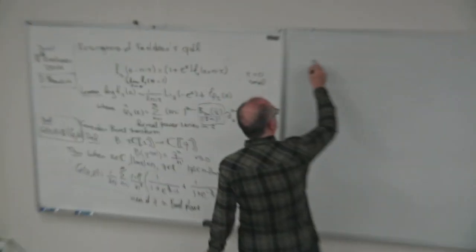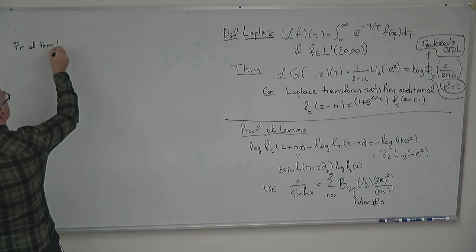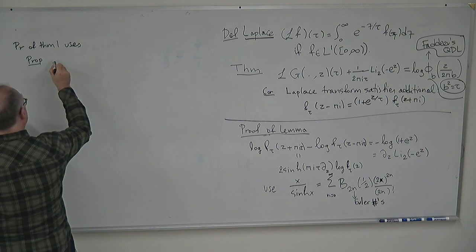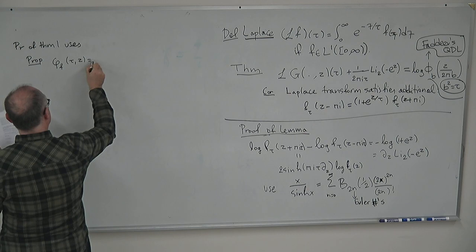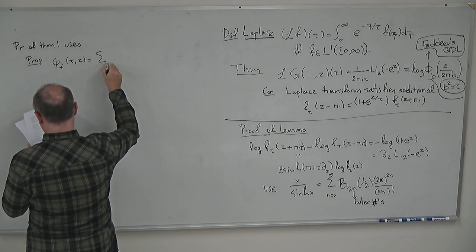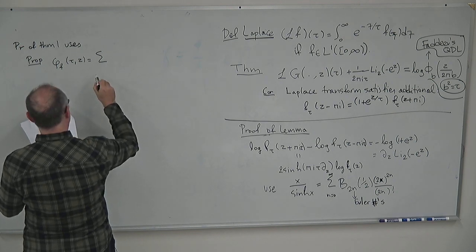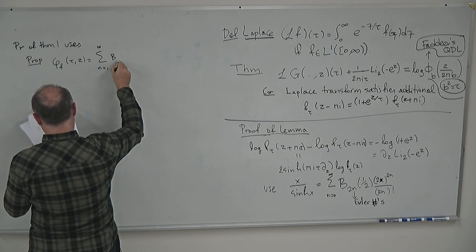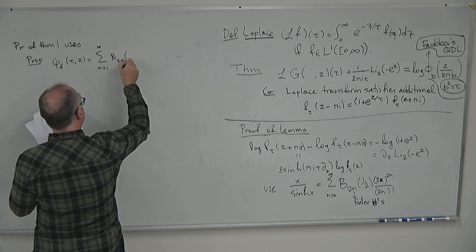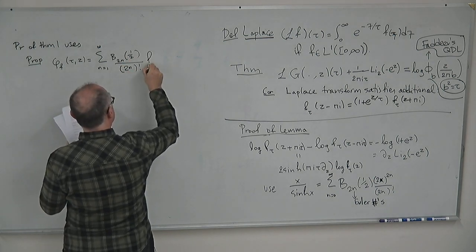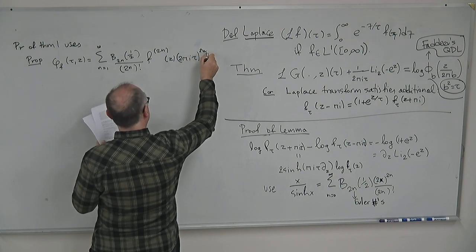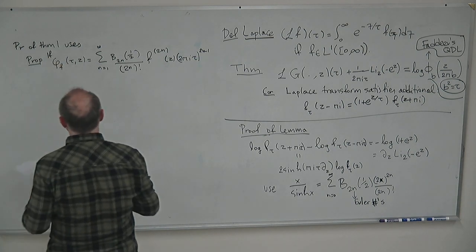Okay, so this proof of theorem 1 uses a proposition that says if we consider the following series, tau z, which is a sum from 1 to infinity, B_2n a half over 2n factorial, over 2 pi I tau to the 2n minus 1. So if we consider this, then